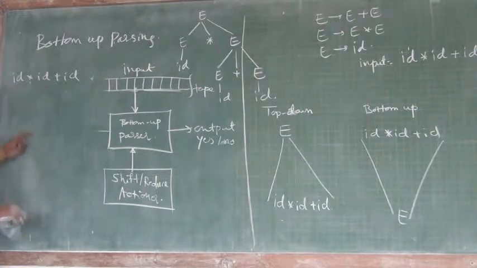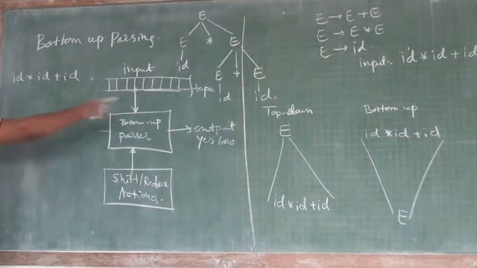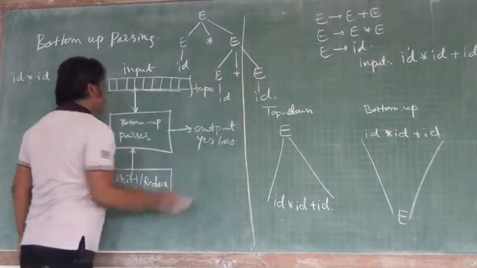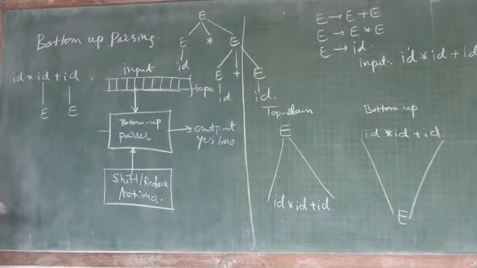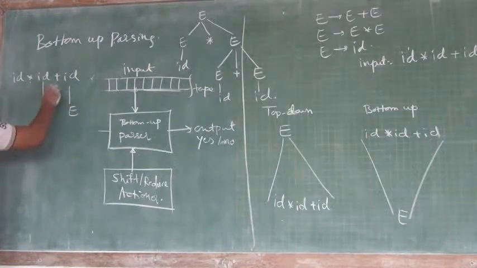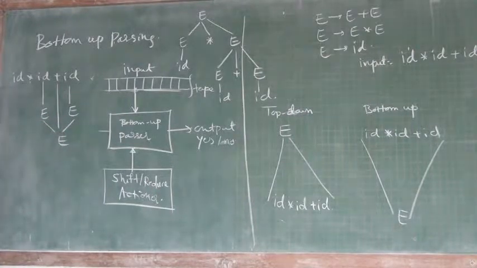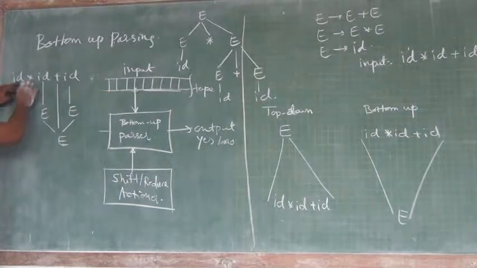In that case, we need to start from the right. Okay? We have to start from the right side, and do the opposite, so this id is reduced to E, this id is reduced to E, this id is reduced to E, this id is reduced to E. So this E plus E, these three things we considered, and we had E. We applied a reverse production. We applied E plus E. The reverse production we applied and we reduced to what? E.